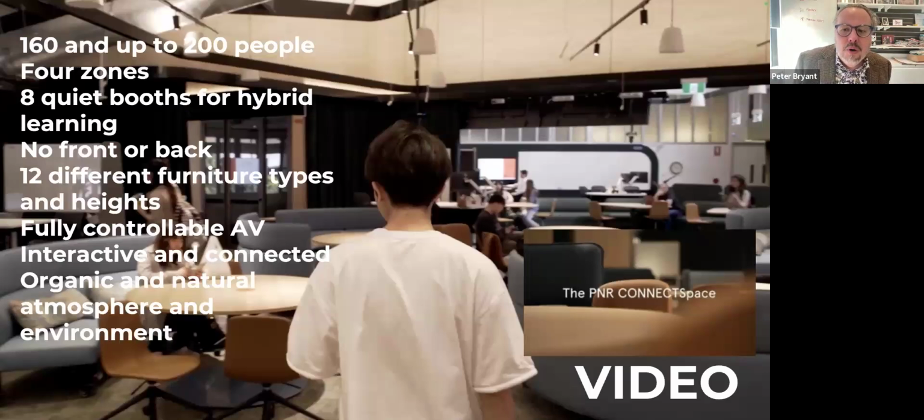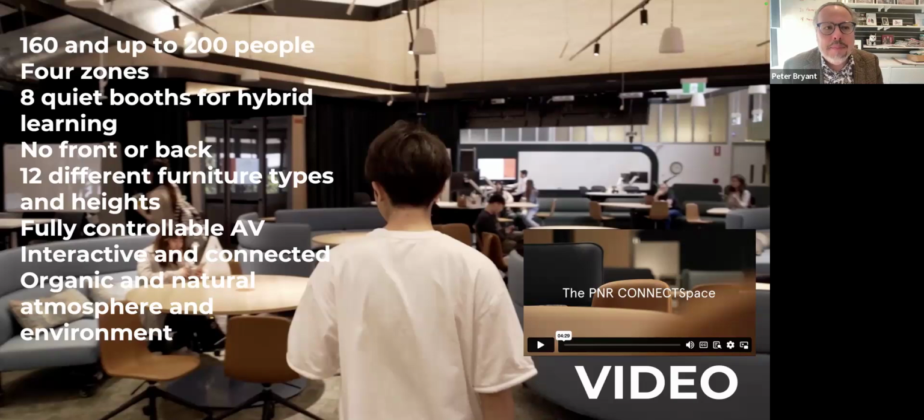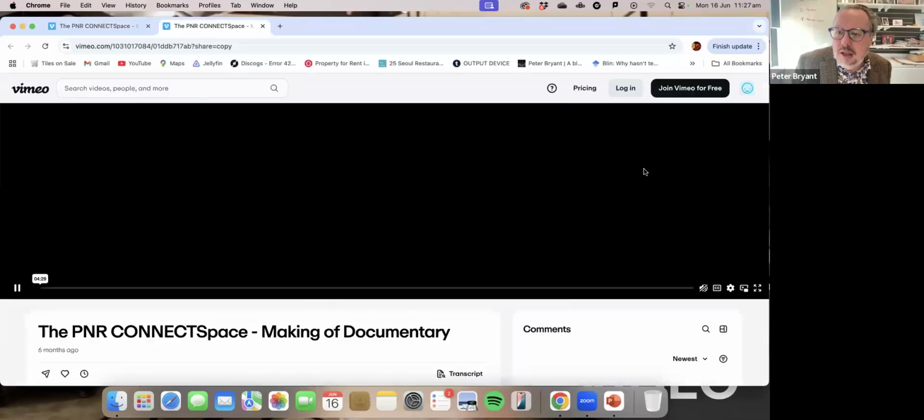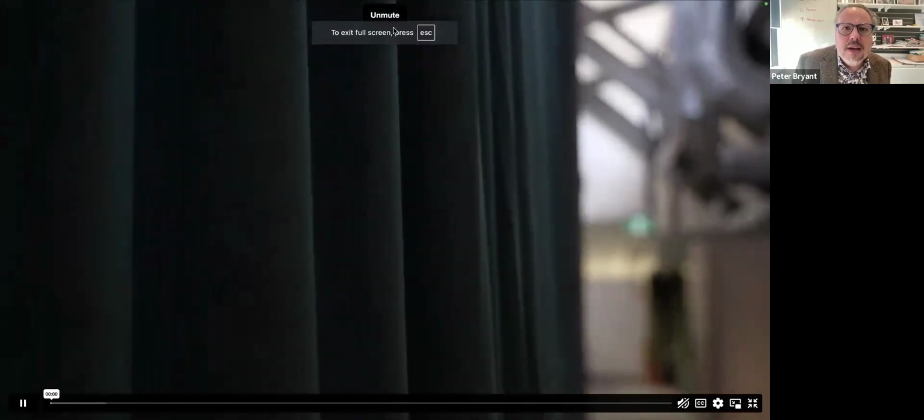What we kind of gave them as an idea was we wanted to set a room that had a capacity that matched at a minimum the room that we were given, 160, but up to 200. We liked the idea, as we showed in those original drawings, of 4 zones. I'll talk a bit about the rest in a second. What I might do is show you the video of the space so you can actually see what I'm talking about here. That should have popped up there. Yep. And unmute that.